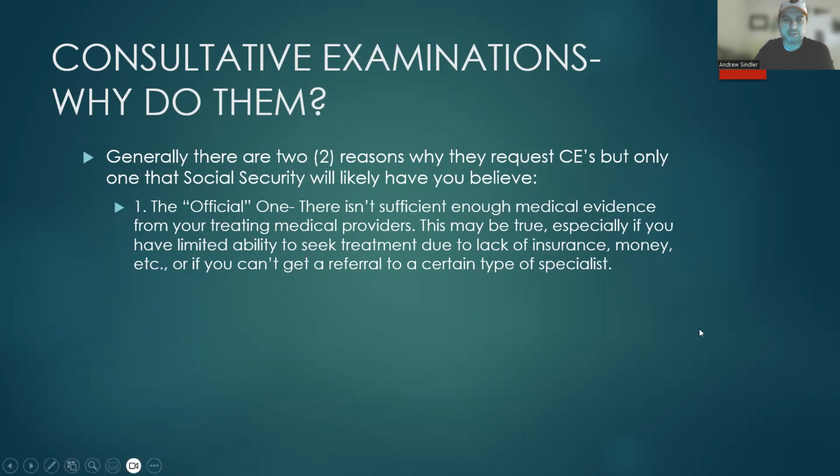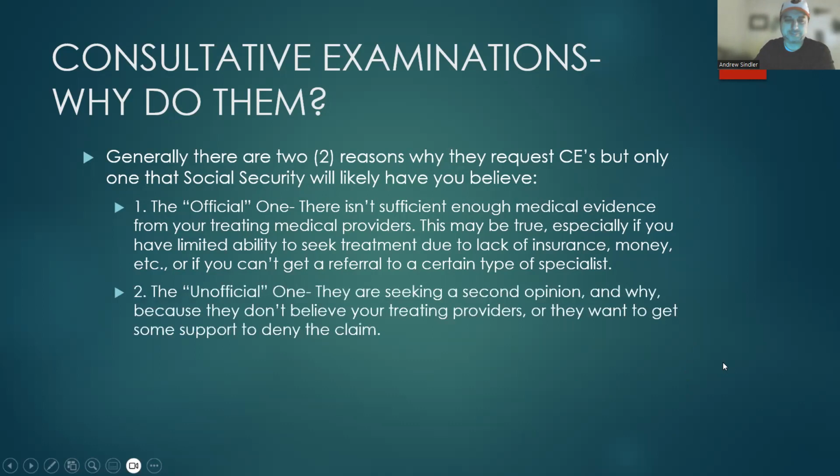Now let's talk about the unofficial reason. The unofficial reason is that if they request a CE, despite you having sufficient medical evidence from your treating providers, they're seeking a, quote, second opinion. And why? Because they don't believe your treating providers, or they want to get some support to deny your claim. So if you have abundant amounts of medical evidence from your treating providers, and all signs point to disability,